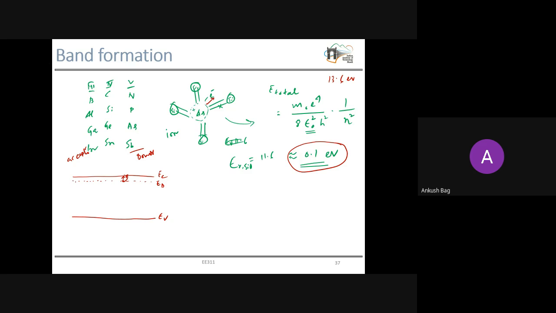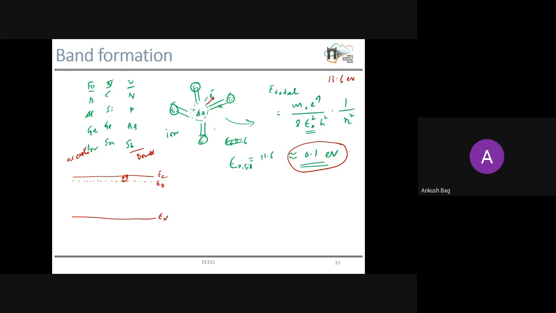Here I am not drawing this donor level continuously. It represents that after donating this electron, when the electron moves to the conduction band and is absolutely free, these ions will not be able to move. So there is this difference, and that is why I am showing it using dots.